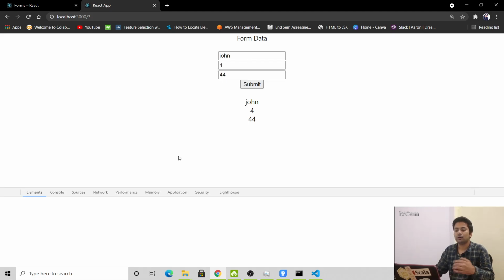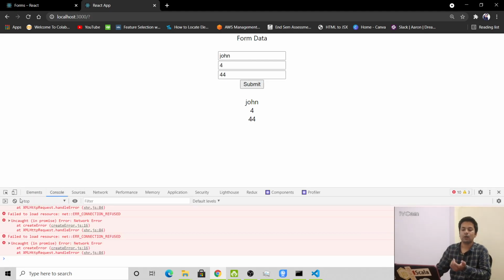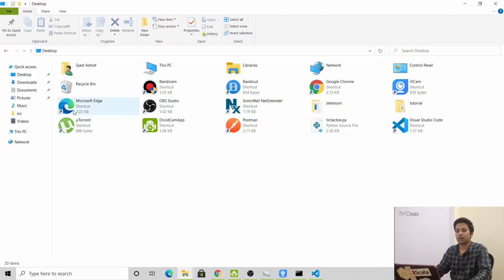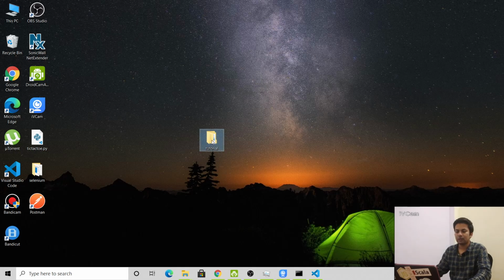Now we want to show what's happening on the backend, how we can get the data. See, it's getting a network error and we can't send the API to the backend. So I'm going to make a Node.js API at the backend. It will be really fast, and if you want, you can watch it also. It will be only about 5 minutes.